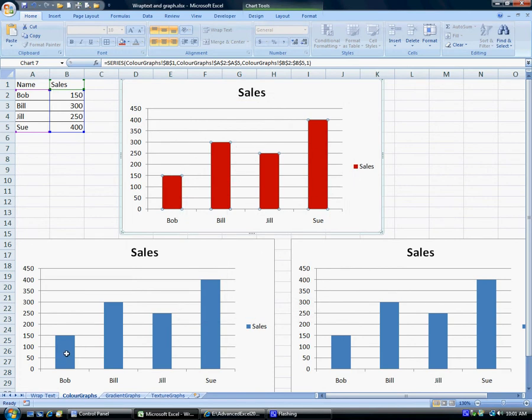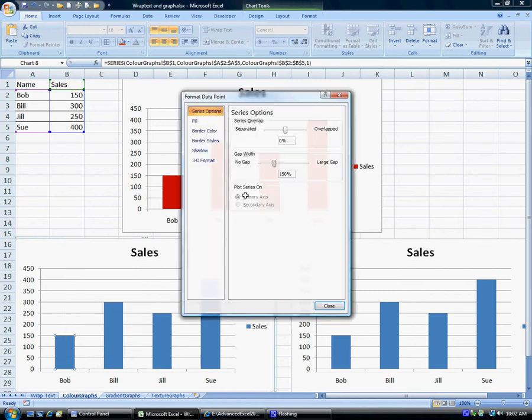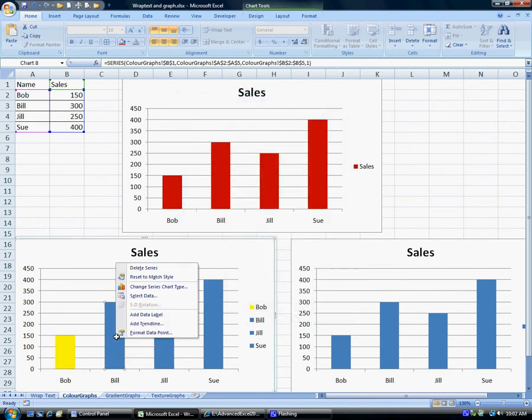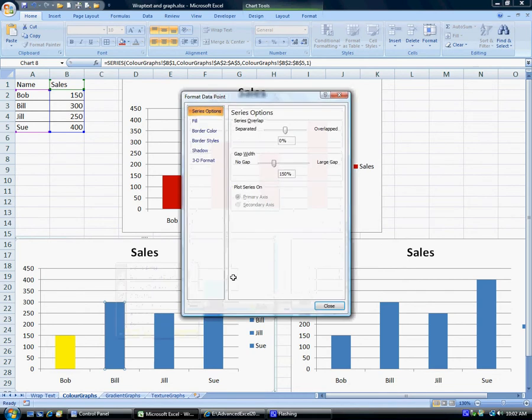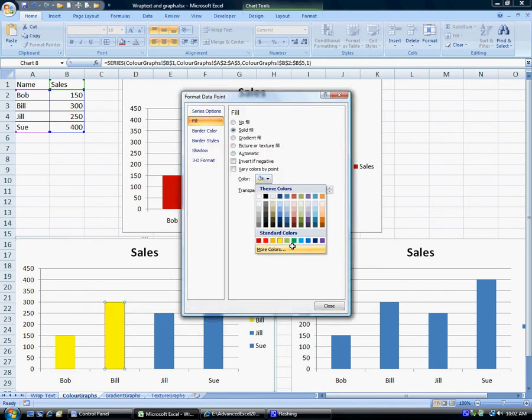Over here on the second graph, if I click on one column, it selects it all. If I click on that column again, I've only got that one column selected. Right clicking now and format the data point and go for fill, and I'll go for a solid fill, and I'll choose a bright yellow and click close, and right click on the next column and format the data point and choose a different color,